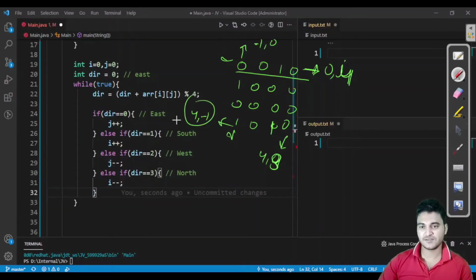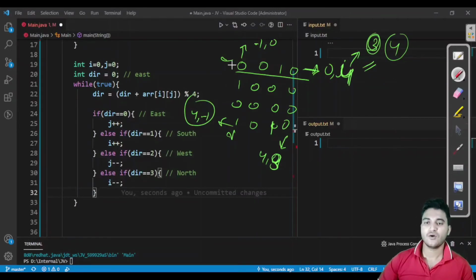So in each of these conditions, you can see either j exceeds the column size, which is here 3 in index terms, or equals 4 as the column count. So either this is equal to the column size or exceeding it, or the row is less than 0, which means the row is out of the boundary.